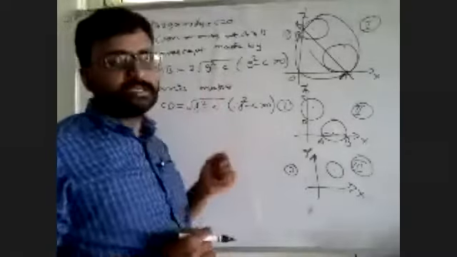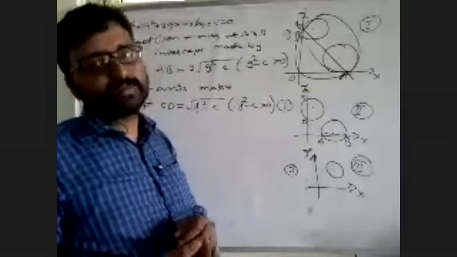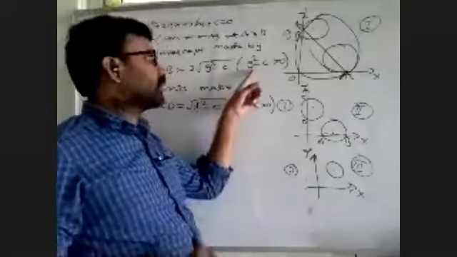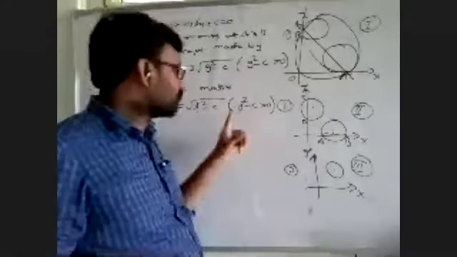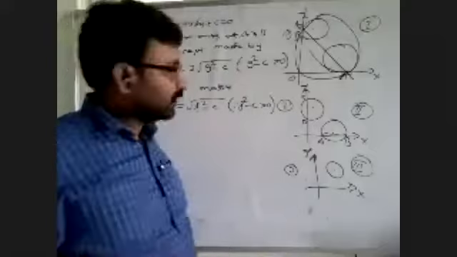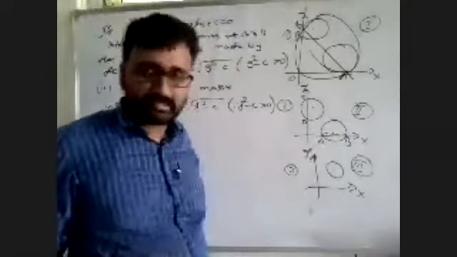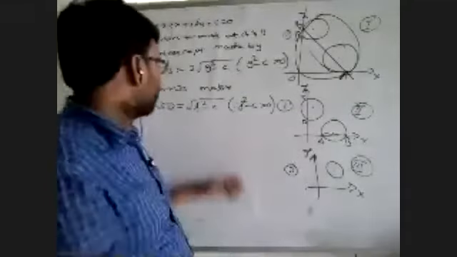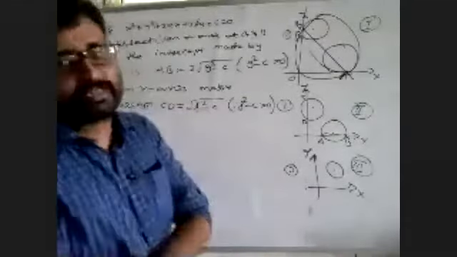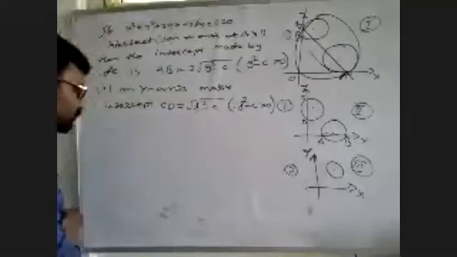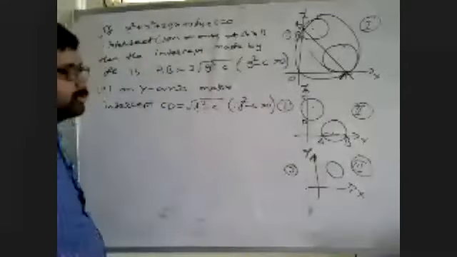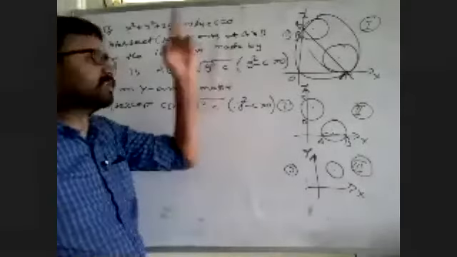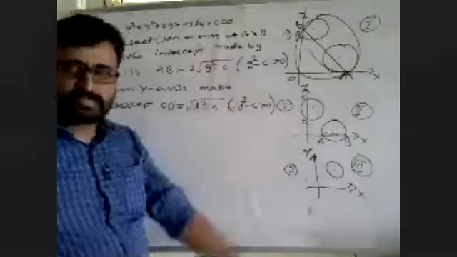Root over a negative number is clearly an imaginary complex number, and we should get root over something positive. That's why in brackets we are writing g square minus c greater than 0 and f square minus c greater than 0. If a circle makes an intercept on the x-axis, that intercept is 2 root over g square minus c. If a circle makes an intercept on the y-axis, then that intercept is 2 root over f square minus c. And the conditions in brackets I wrote, where the term under the square root should be greater than 0, are here g square minus c greater than 0, here f square minus c greater than 0.